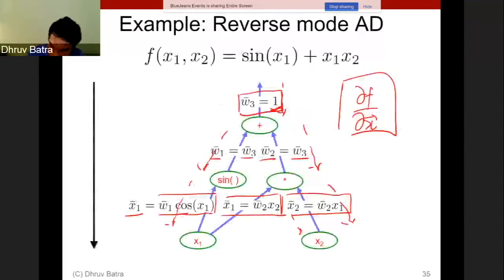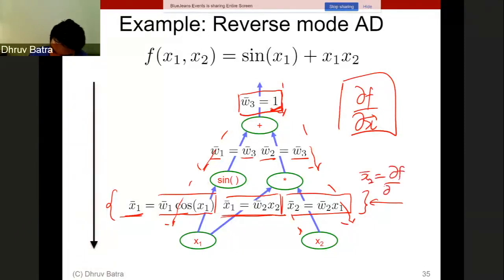So I presume you were talking about this expression on this slide. How do you compute both x1 bar and x2 bar? It's just chain rule applied again. So the x1 bar on this side we already derived. On this side, it's the same thing, x2 bar is partial of f with respect to x2. We write that down as partial of f with respect to w2, and the partial of w2 with respect to